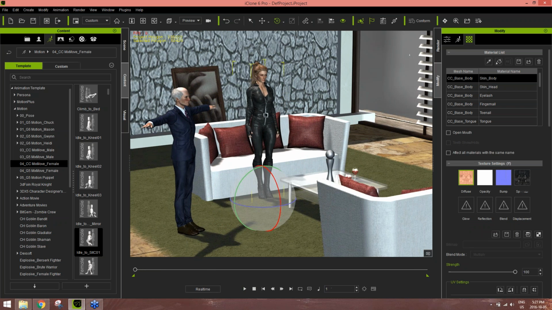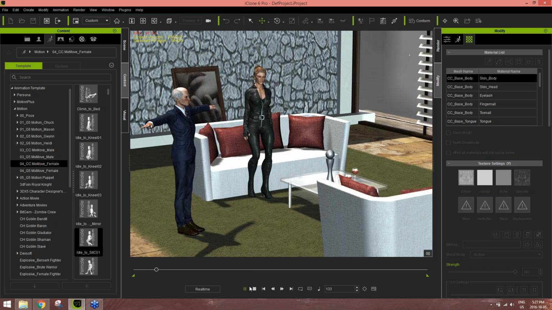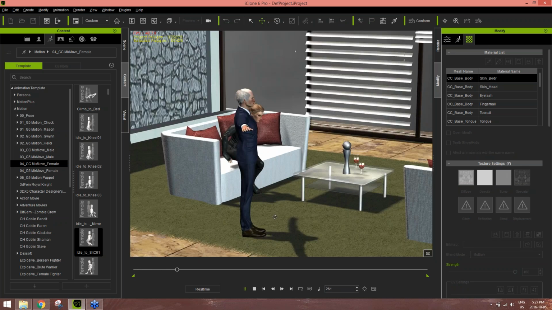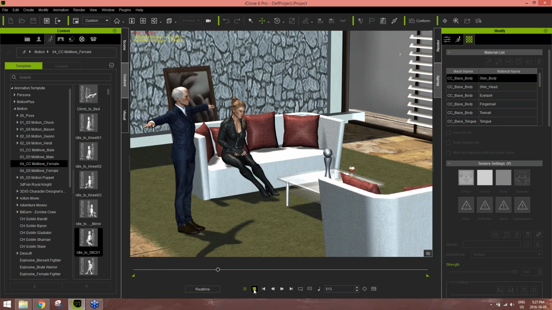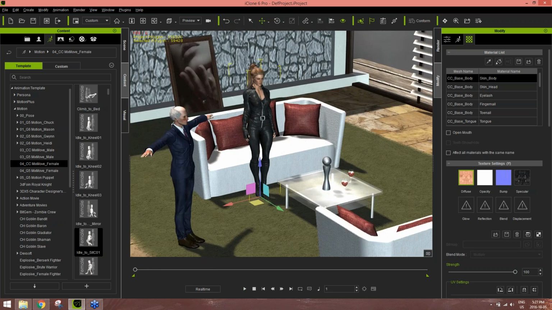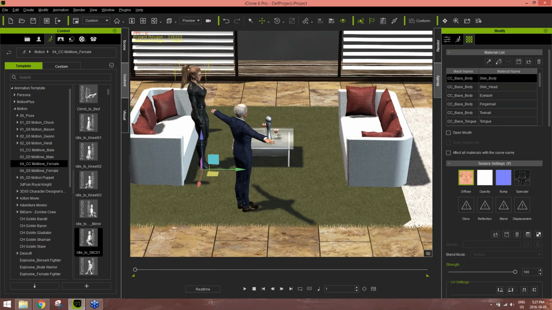Actually, let's make sure that at the very first frame, she could be a little bit closer to the ground. There we go. It's this bushy carpet. It's this 1970s style carpet. All right, so let's just work with that. Okay, good. So now what we want to do is we want to have our gangster character walk towards the